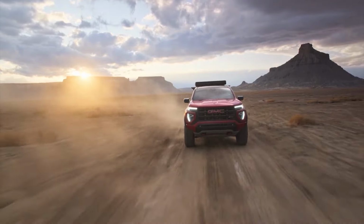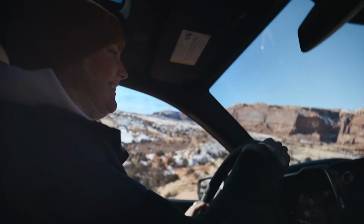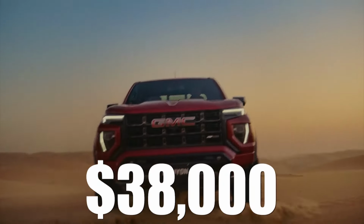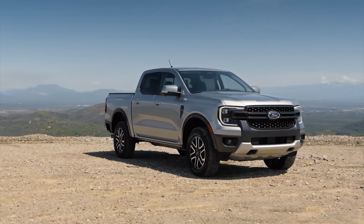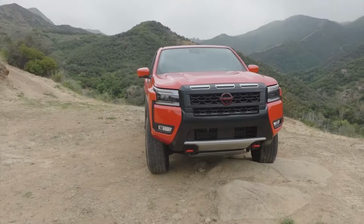There's no avoiding it. The GMC Canyon is by far the worst pickup truck in the segment when it comes down to the entire midsize pickup truck segment. The reason for this is the fact that it starts at $38,000, which is an incredibly steep price tag. In fact, it's around $4,000 more than the Ford Ranger, Toyota Tacoma, and Nissan Frontier, which is just uncalled for,